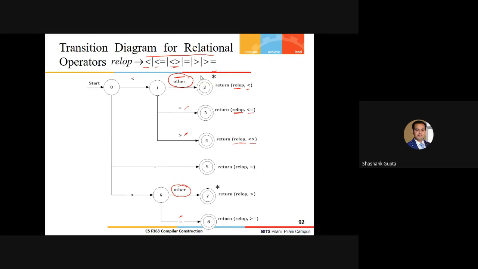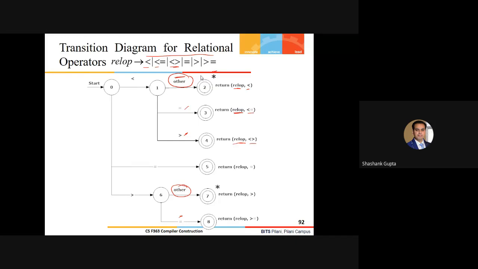Fine, guys. Any point? Yes. Sir, here we have two others in the transition diagram. So do we need to explicitly state that this other means anything other than equal? Right. Exactly. So that is the thing we have to do. One way is this. I'll shortly tell you what is the other way to get rid of these things.